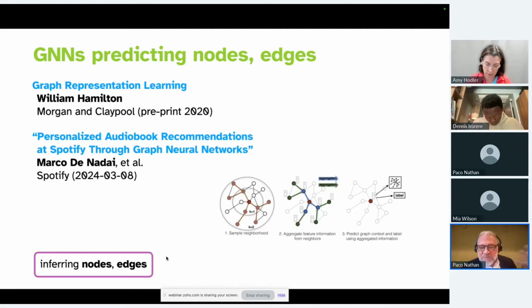But then the next year, Spotify and LinkedIn both popped up, and they have revenue-bearing use cases at scale using GNNs. And the Spotify report, I think, is really super interesting, how they adopted this. But GNNs are another way of inferring nodes, inferring edges. It takes a lot of work, still kind of more on the research side of things. Don't expect to just jump in and use this right away, because it will take a lot of work to adapt for a given use case, but it's very promising. And so this is also an area of being able to infer both nodes and edges.